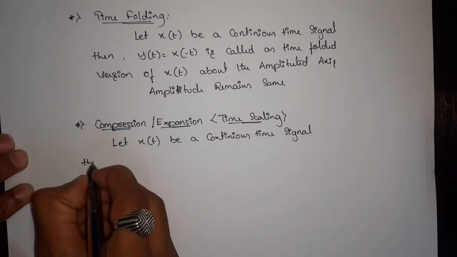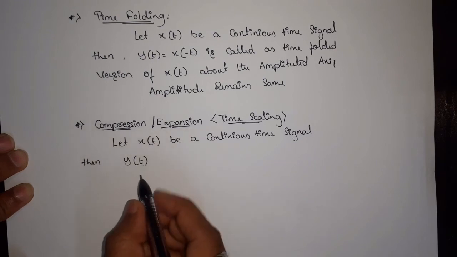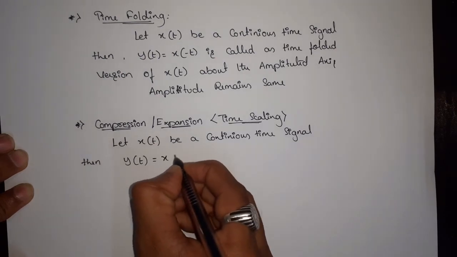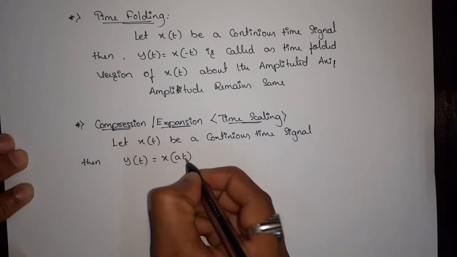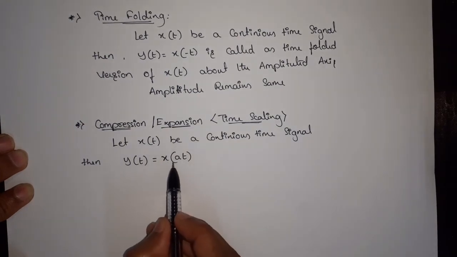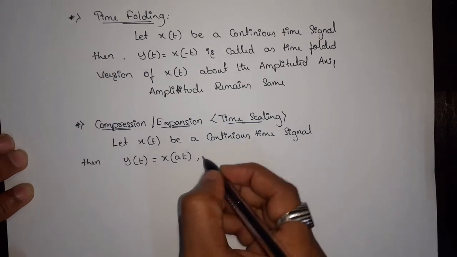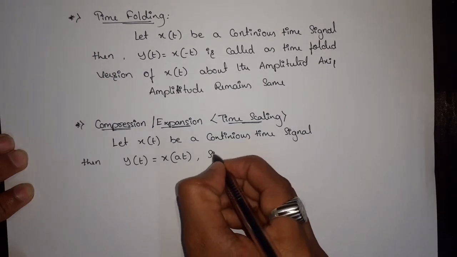Then y of t, the output, is equal to x of a times t, where a is an integer. Then the signal is said to be